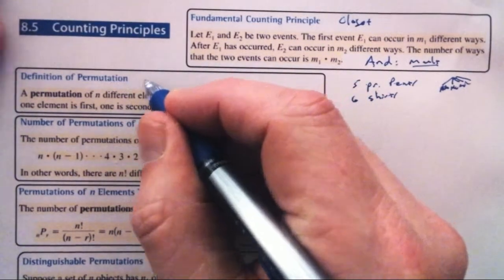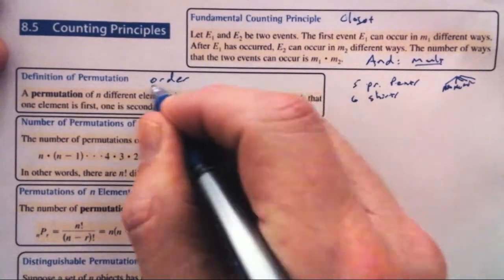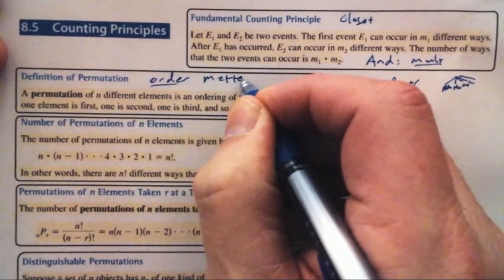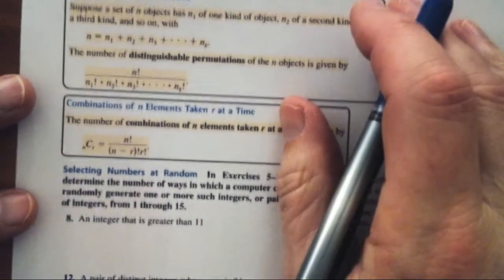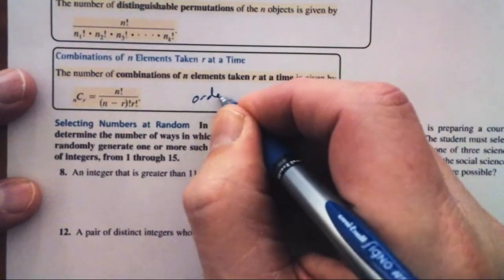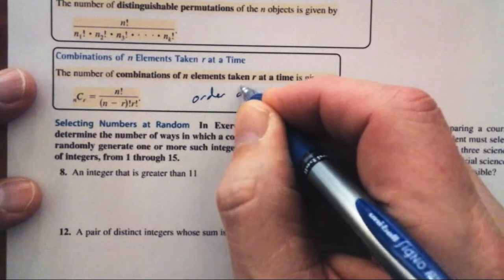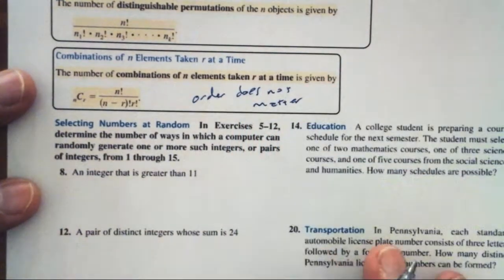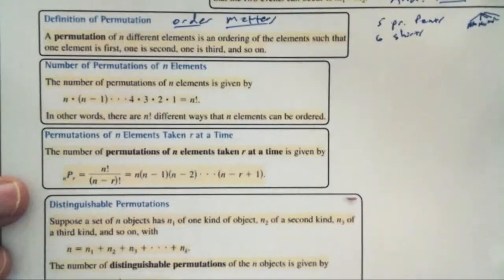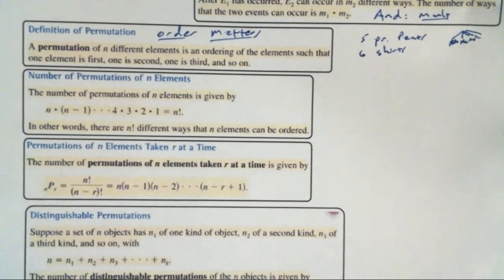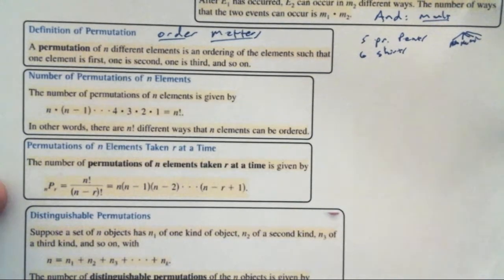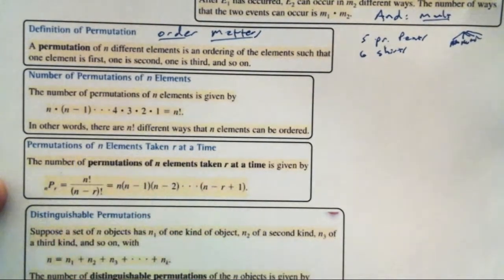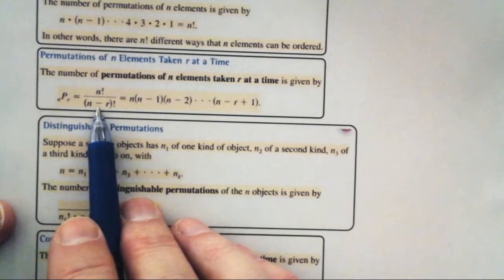In permutation, the order matters. In combinations, down here, the order that we select in does not matter. So, to reiterate that, if you're selecting a subgroup from a big group, it's either a combination or a permutation. Okay, the number of permutations of n elements, it turns into this formula, and we would write,